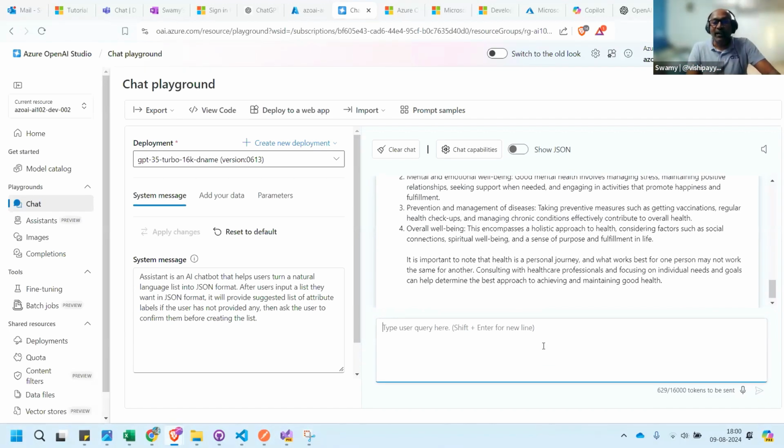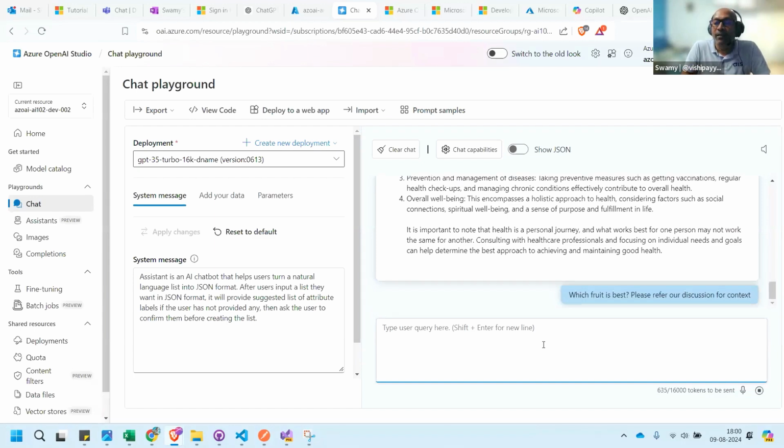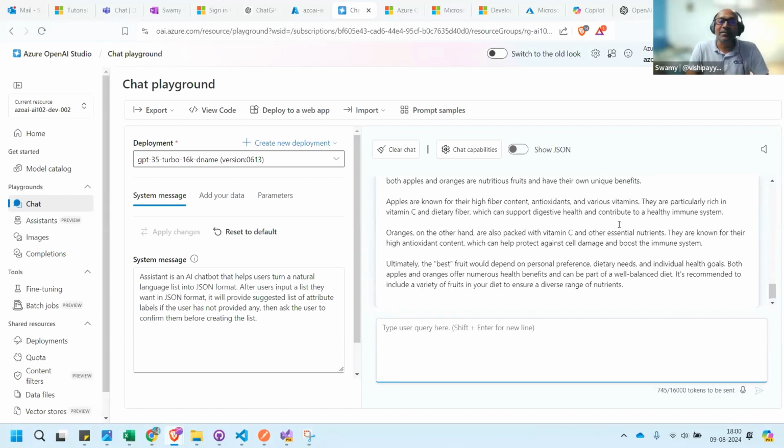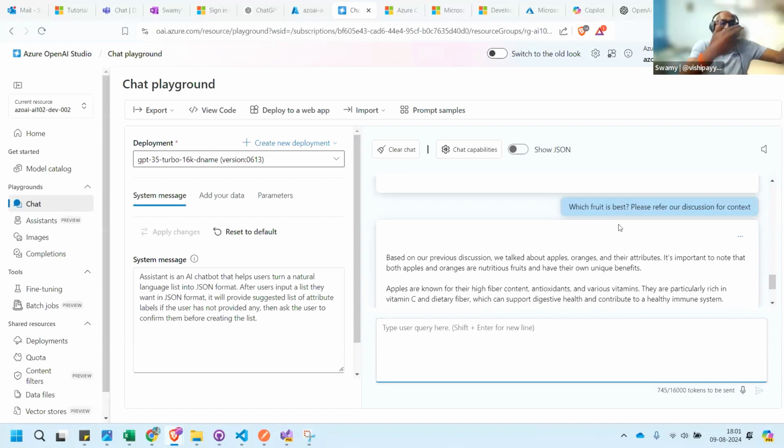So if I see that again, which fruit is best, please refer our discussion for context. Now, we already spoke about apple, we didn't speak about paratha or South Indian foods.